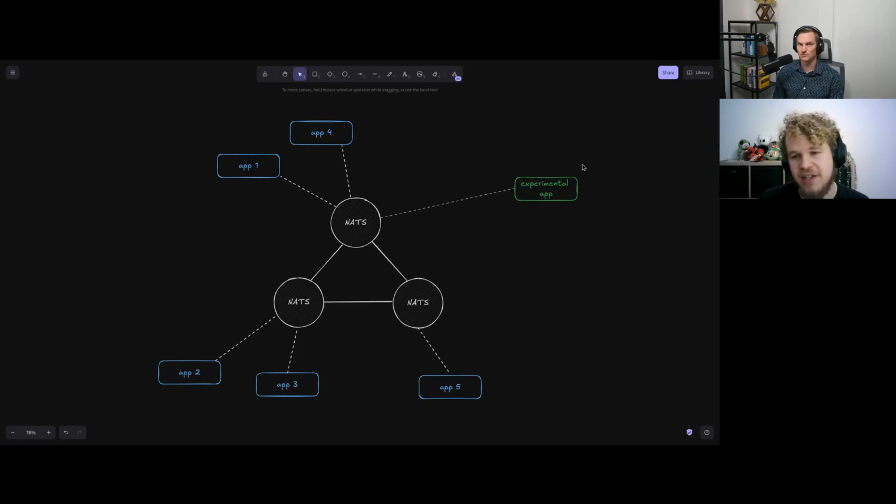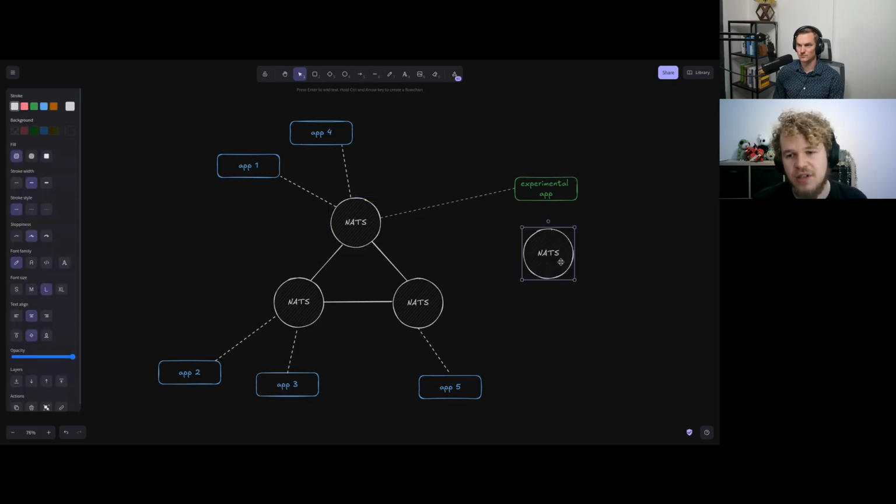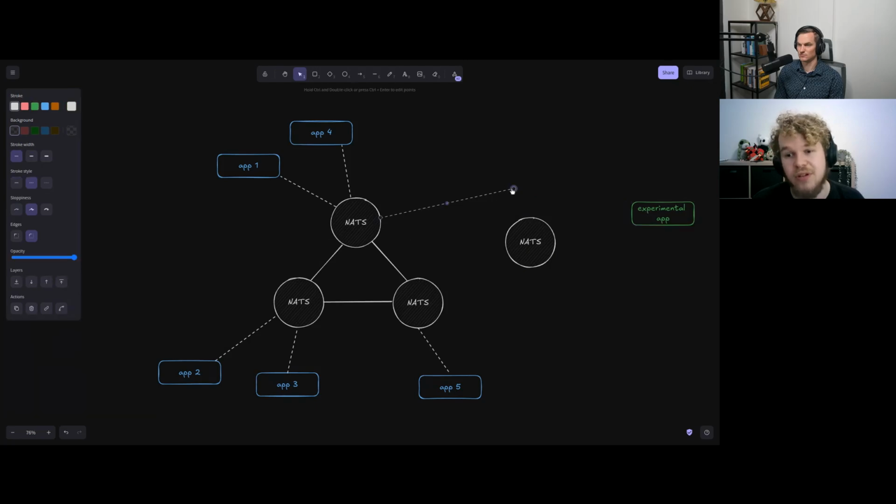So just like I said, you can have this local NATS system just for local testing, which you can have running either locally on Docker or just with the Go binary directly. One thing that I found really interesting is that you can actually add a leaf node to your cluster.